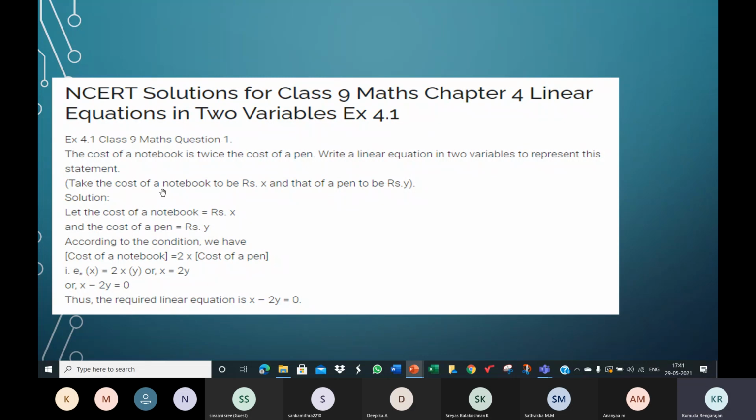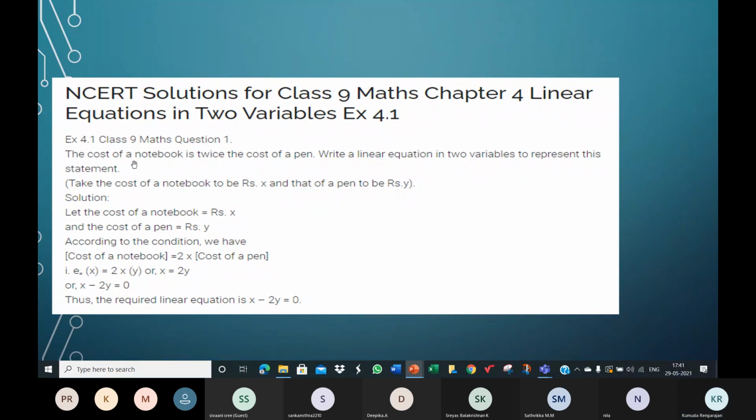All right, let's see the solutions to the exercises and example questions in NCERT of this chapter, linear equations in two variables. You can see the exercise number here, exercise 4.1, question number 1. I'll share the material with you. Let's discuss all the answers. You may write down later. Let's see the first one.